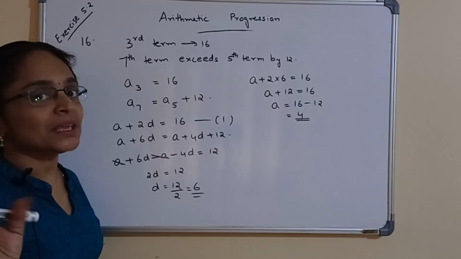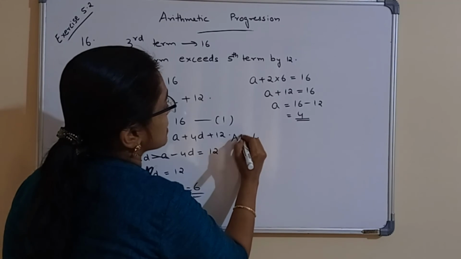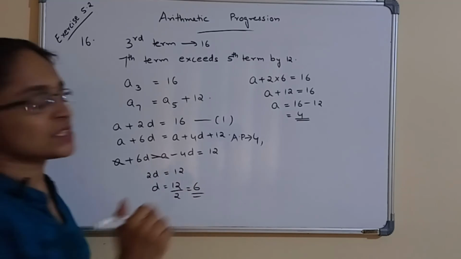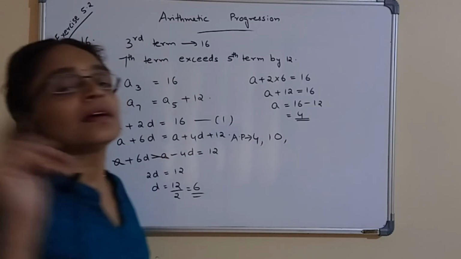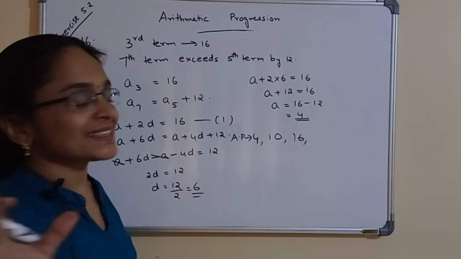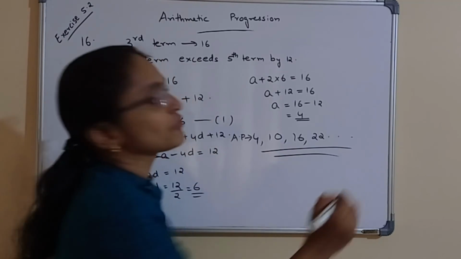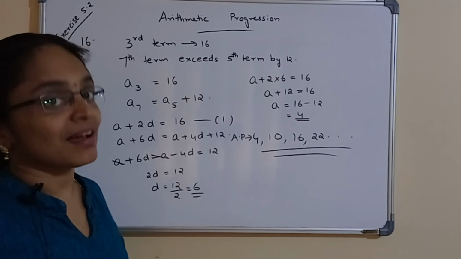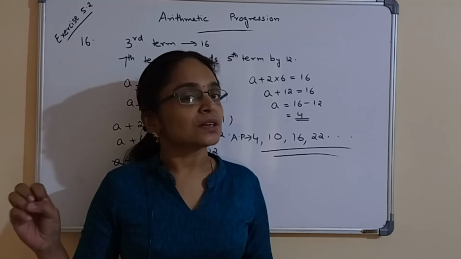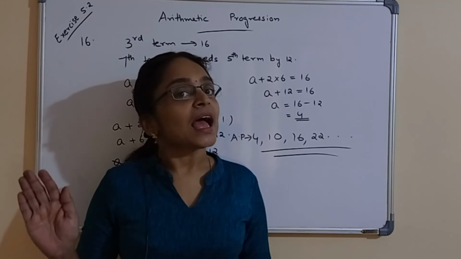Now finding this AP is easy. So the first term is 4. Then the second term is 4 plus 6, which is 10. Then the third term is 10 plus 6, which is 16. The fourth term is 16 plus 6, which is 22, and so on. So this is the AP: 4, 10, 16, 22, etc. Okay. So we have completed question number 14, 15 and 16 from exercise 5.2,